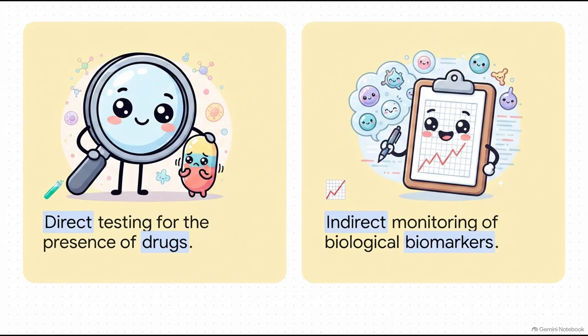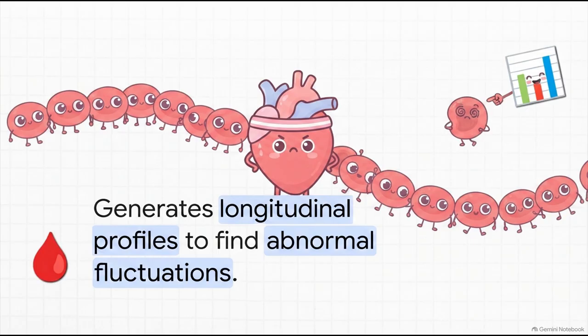Instead of looking for a static snapshot of a drug, the passport essentially creates a continuous video of the athlete's biochemistry over time. The Athlete Biological Passport, or ABP, uses advanced statistical tools to generate longitudinal profiles. It monitors an athlete's internal biomarkers over their entire career. For the blood module, this means tracking hemoglobin, hematocrit, and red blood cell counts. It establishes a highly personalized reference range for that specific individual. This is absolutely crucial. It draws a custom boundary line for every single athlete. An athlete can no longer hide their manipulated data within the generic population-wide averages of the sport.